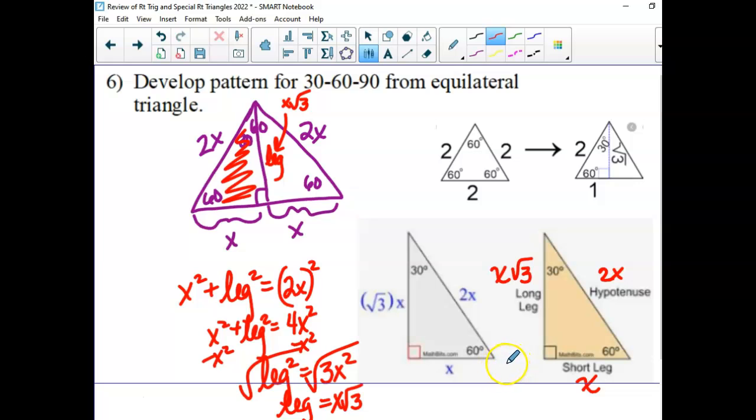What will help you is if you know the square root of 3 is less than 2. Type it on your calculator real quick. Square root of 3. The square root button, second x squared, type in 3. 1.6 something? Is that right, or is it 1.7? 1.7. Okay, but do you understand that it's less than 2? Because the most common mistake is people put the square root of 3 on the hypotenuse because they're like, it's a 3, it's a big number, it goes on the hypotenuse, it's the longest side. It's not, okay? Square root of 3 is less than 2. That will help you remember that. Okay,